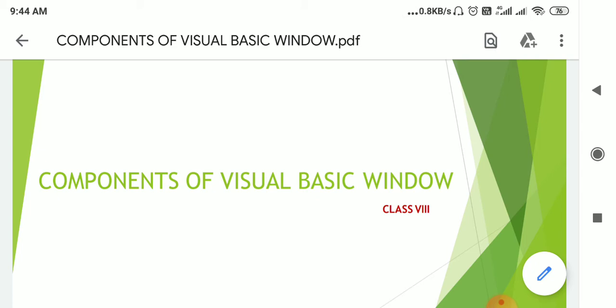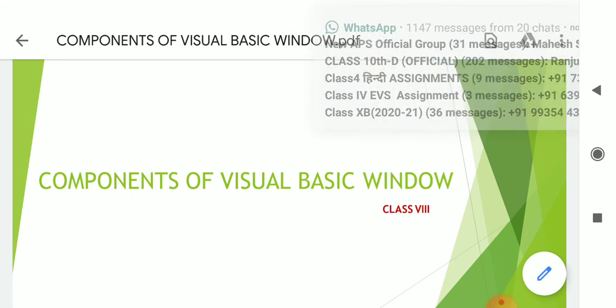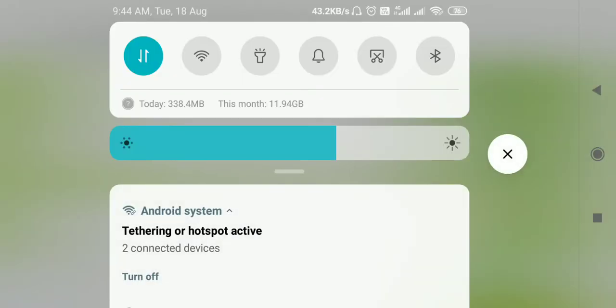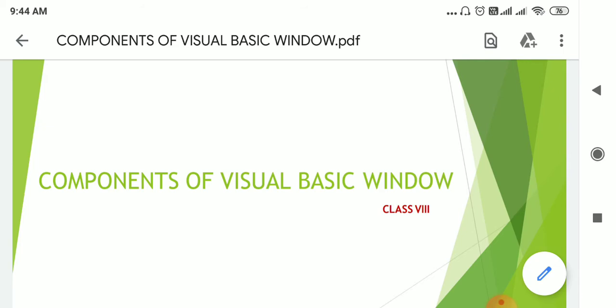Previously we have completed the operators, variables. Now we will go for the Visual Basic components which will be visible on the Visual Basic window.